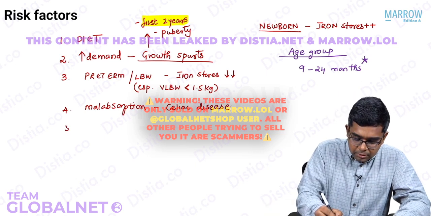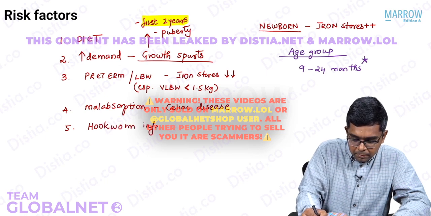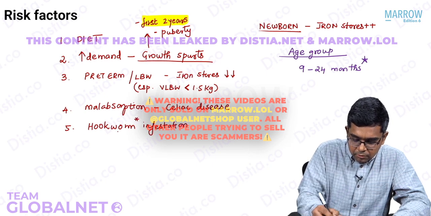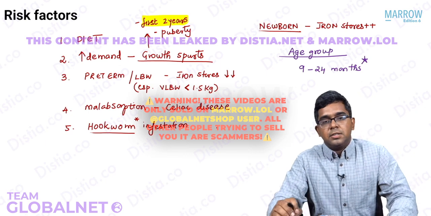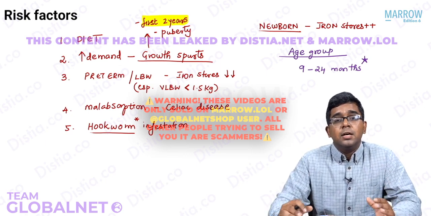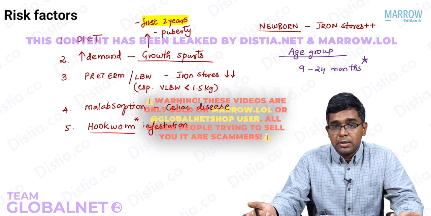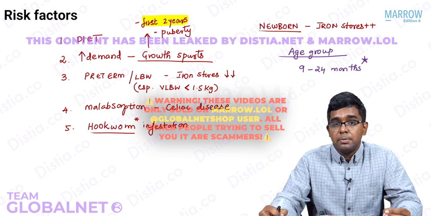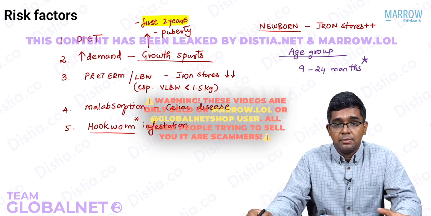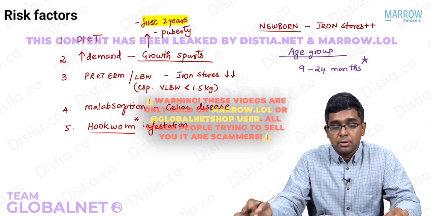And the fifth important condition is hookworm infestation. This is supposed to be one of the leading causes of iron deficiency. There are multiple factors implicated. One of the common factors is that they predispose to blood loss from the intestine, thereby predisposing to anemia. They can also be associated with a component of decreased absorption of iron. So these are the factors which make hookworm infestation a very important cause of